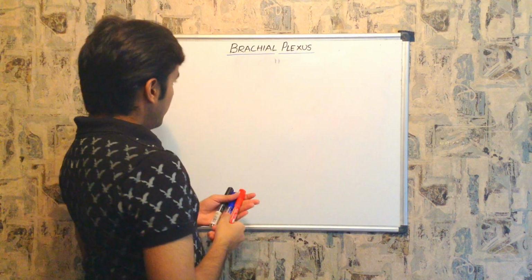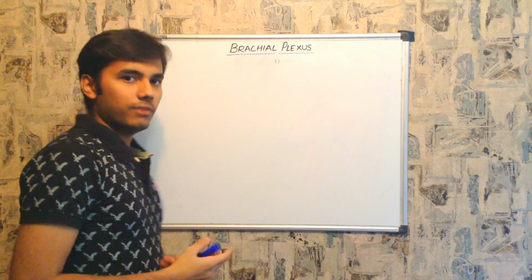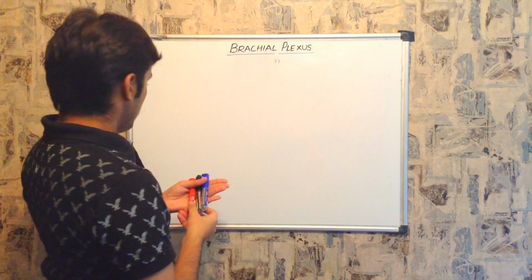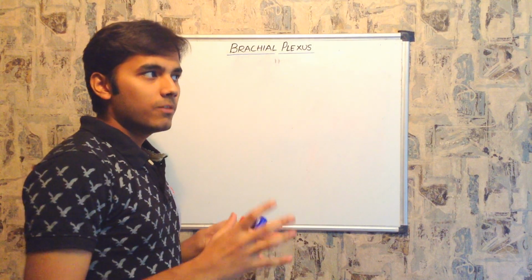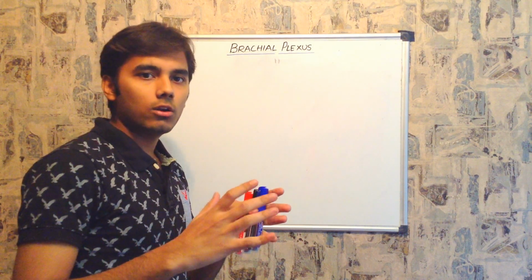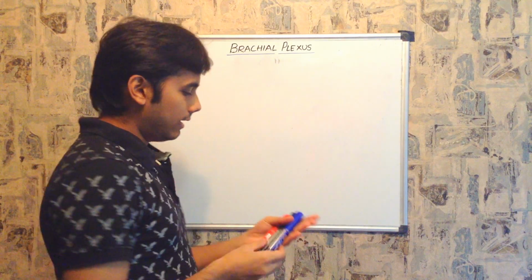So we'll go now with the branches of the brachial plexus. For our simplification purpose, we'll divide the brachial plexus into mainly 4 parts. The brachial plexus that has just arrived from the spinal cord is called the roots, and next their continuation is called the trunks, and next their continuation is called the divisions, and so on, the cords, right? So first of all we need to know the root value, in the sense from which segments of the spinal cord the brachial plexus is exactly arising.